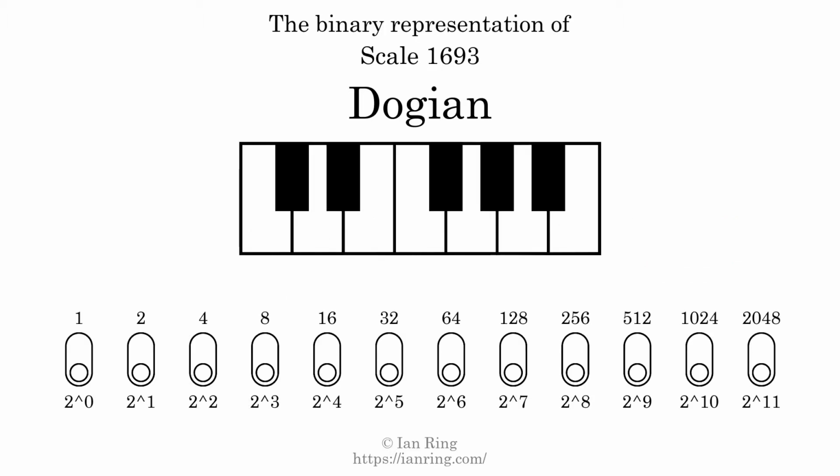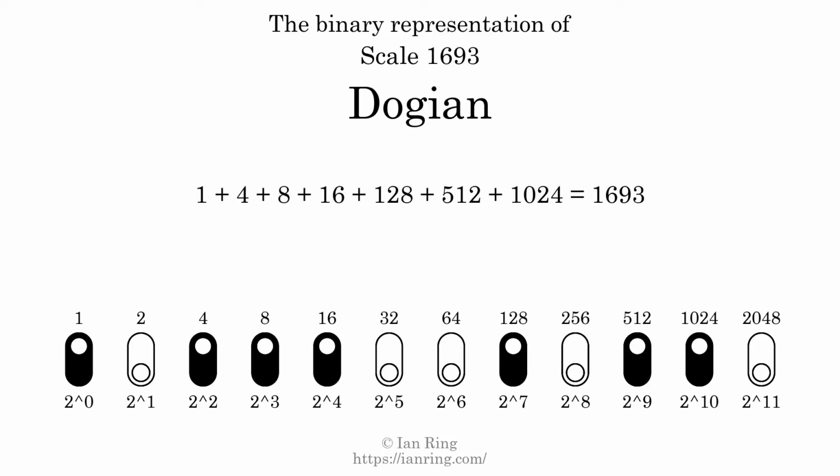The binary representation of this scale is determined by mapping tones of the scale to binary digits. Each binary digit represents a power of 2. To get the scale number, we add the powers of 2 together. The powers of 2 that are present in the scale, all added together, equals 1693. That is why the scale number, in decimal, is